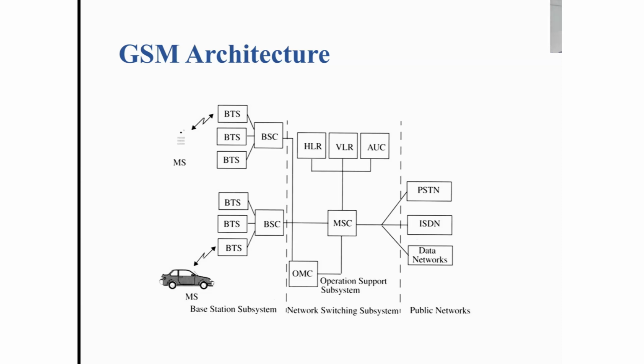acknowledge to the MSC. Then the MSC will forward the call to the appropriate cell tower, because we already studied the home location itself. If it is a home user, it will keep on tracking the current location. Based on their current location, it will forward it to the nearby BTS. So, sorry, BSS: from the BSC, the BSC will forward it to the BTS, and the BTS to the